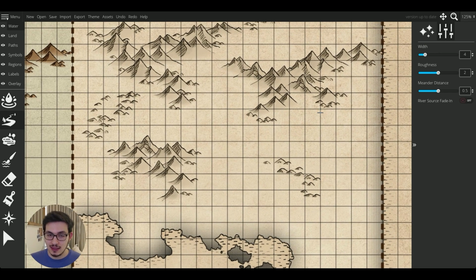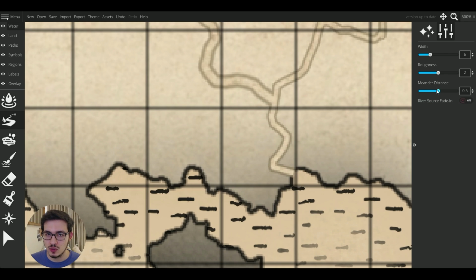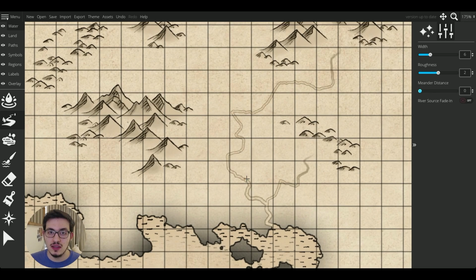So now I'm going to add a few rivers here and there. They will be the rivers we will use in this map. And while you are making the river, you are clicking the left mouse button every time you go somewhere, and by clicking the right mouse button, it will finish. But if you also turn the wheel, you can make it thicker. You can just go back, reduce it, and follow it. Voila, here we go. Thicker here.